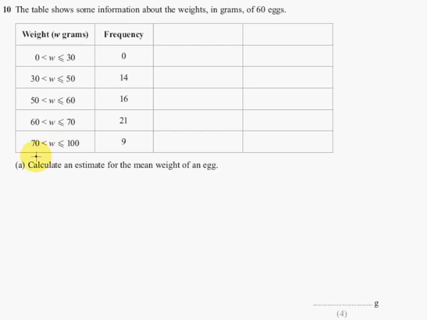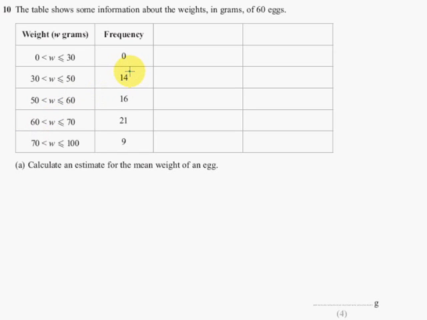Okay, so part A says calculate an estimate for the mean weight of an egg. So to find the mean, you have to add up all the weights of every single egg and divide it by the number of eggs there are. Okay, so if we just have a quick look at